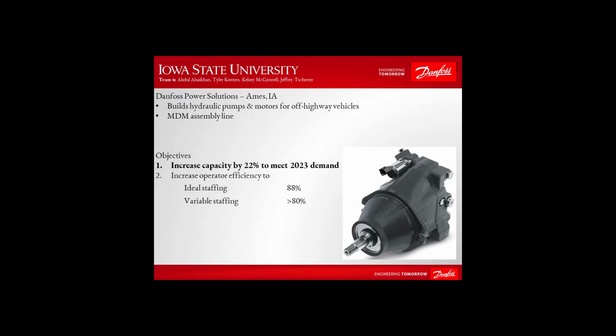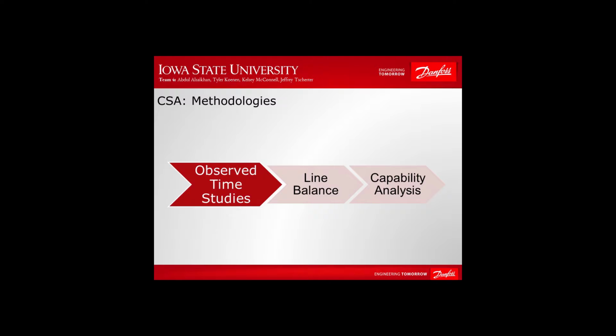First, increase the capacity of the assembly line by 22% to meet the demand projections of 2023. Second, increase the operator efficiency for the ideal staffing design to 88%, whereas the variable staffing design efficiencies need to be greater than 80%. For the analysis of the current state, the team used the following industrial engineering tools to